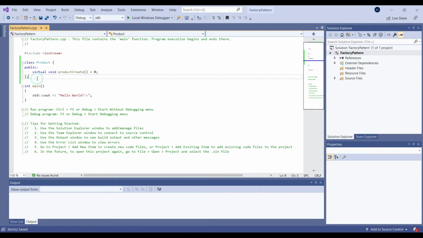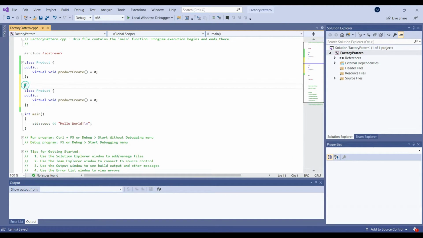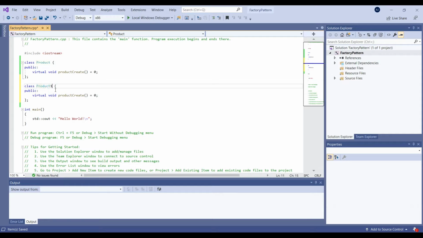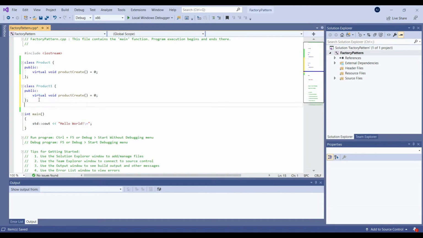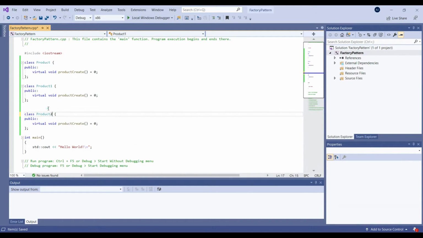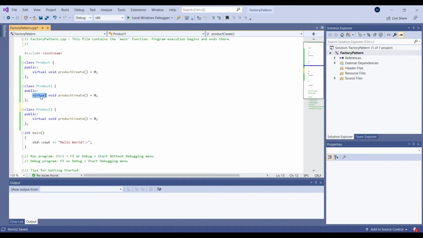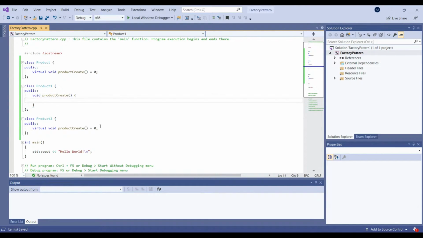Now we can extend this into two things, that is product 1 and product 2. Now we have to write the definition of product create, because it's a virtual function.